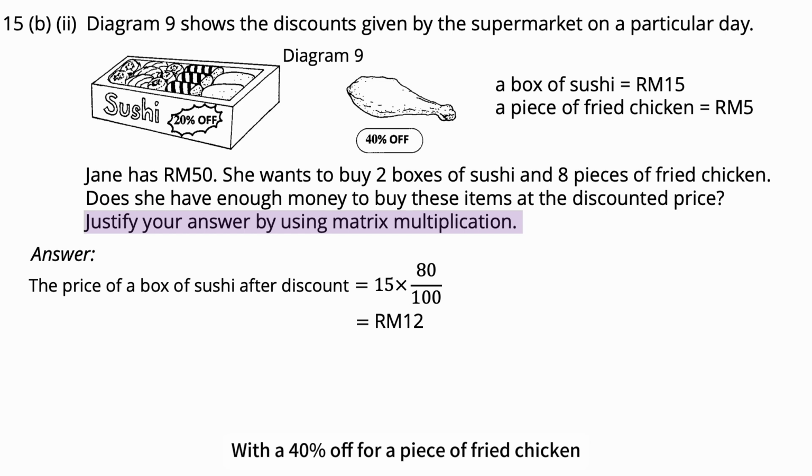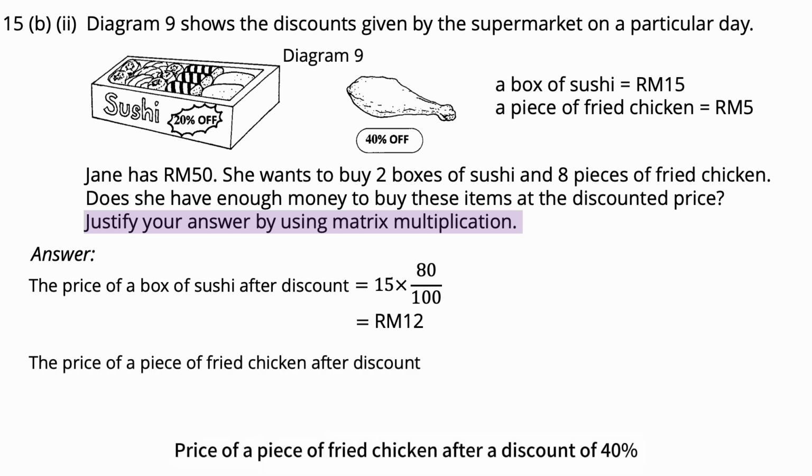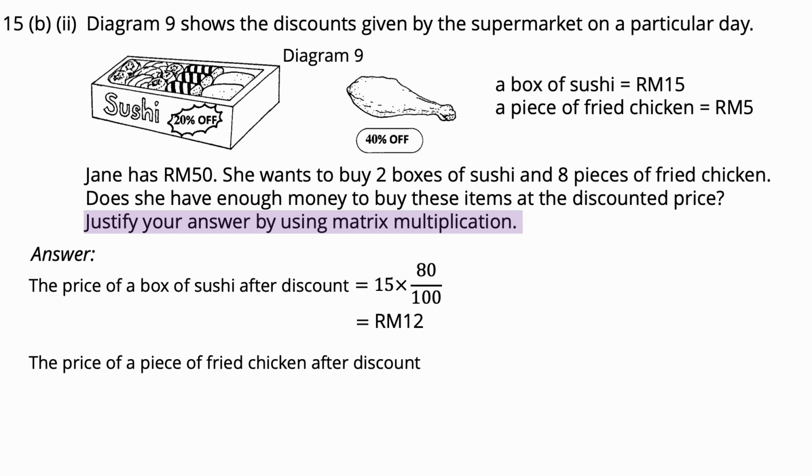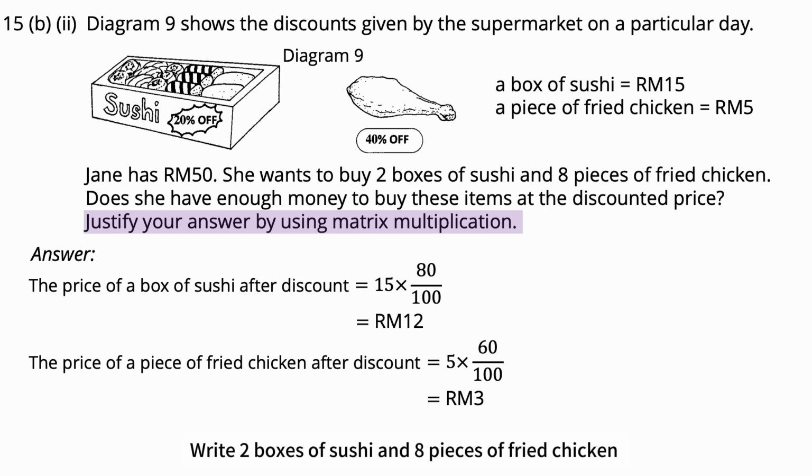With 40% off for a piece of fried chicken, 60% of the price remains payable. The price of a piece of fried chicken after a discount of 40% equals 5 times 60%. That's 3 ringgit Malaysia. By using matrix multiplication, write 2 boxes of sushi and 8 pieces of fried chicken as